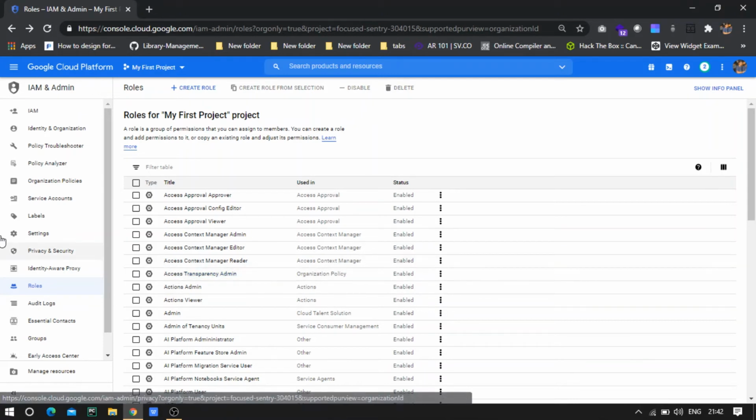And now coming to one of the beta functions in the IAM, that is workload identity federation. With identity federation, you can use identity access management to grant external identities access to resources directly with a short-lived access token. So this is how workload identity federation works.